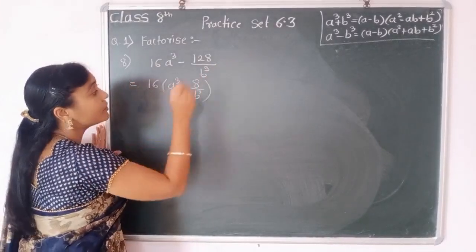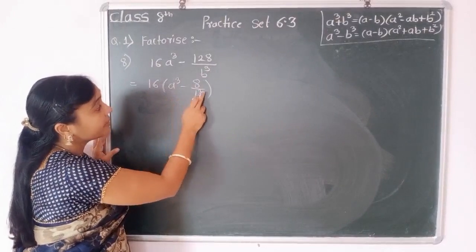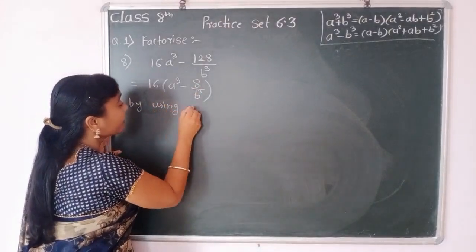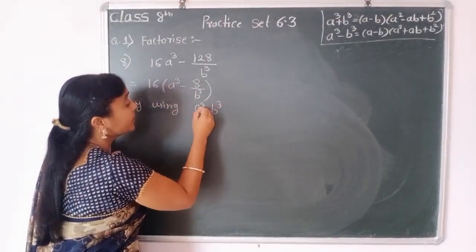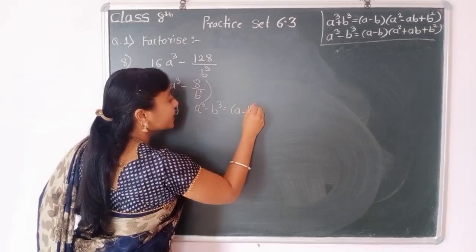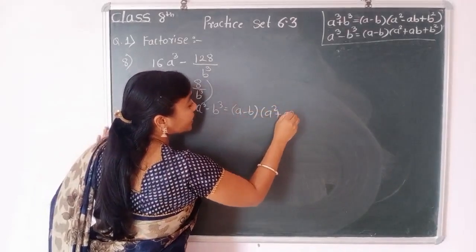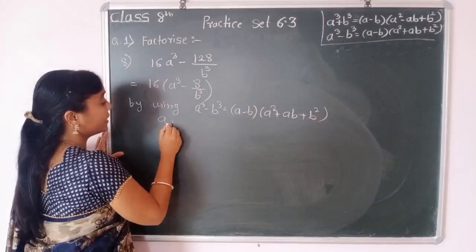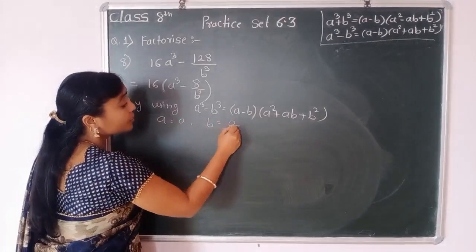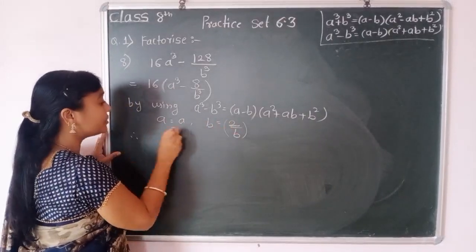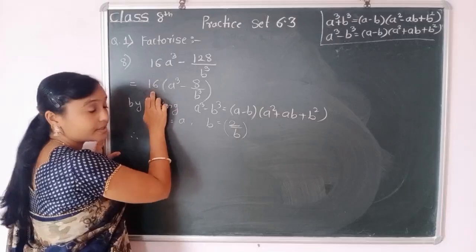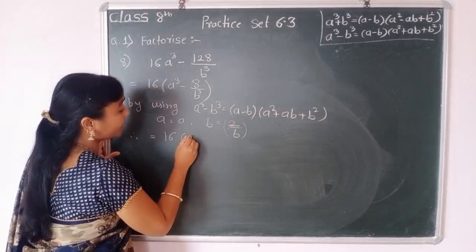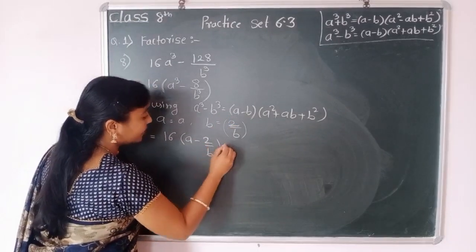And then we observe our formula a cube minus b cube. 8 is the cube of 2. So by using a cube minus b cube equals a minus b, a square plus ab plus b square, compare to this: a is equal to a and b is equal to 2 upon b. Put these values in our formula. You write the 16, taking common out, in the bracket a minus 2 upon b,